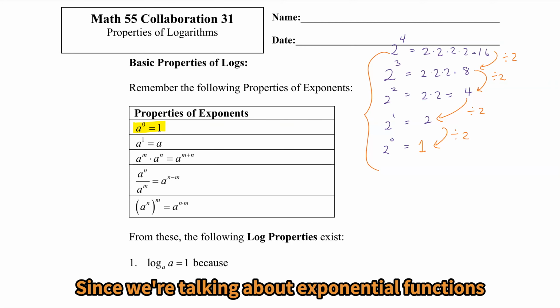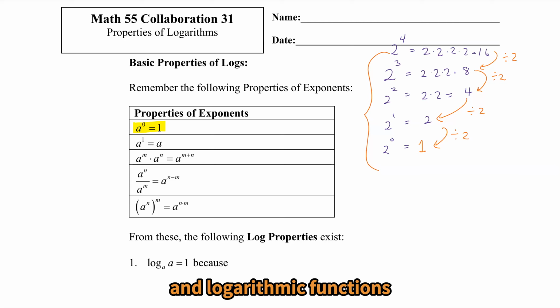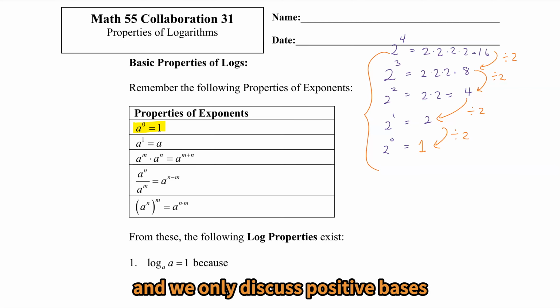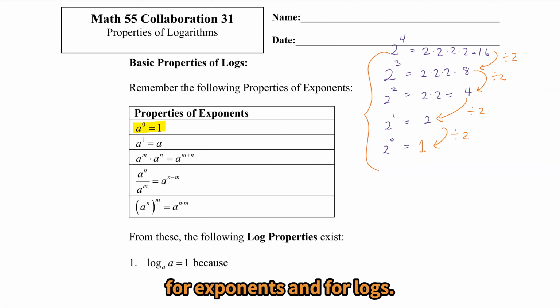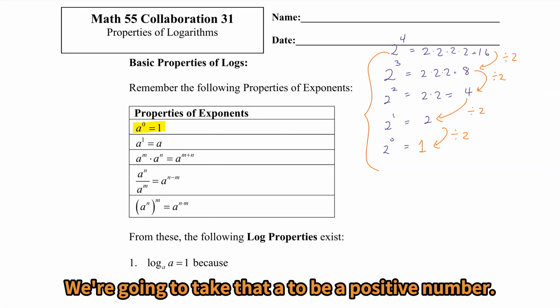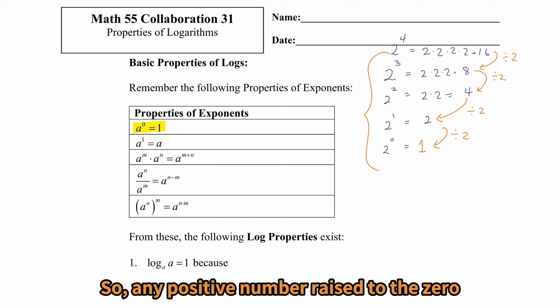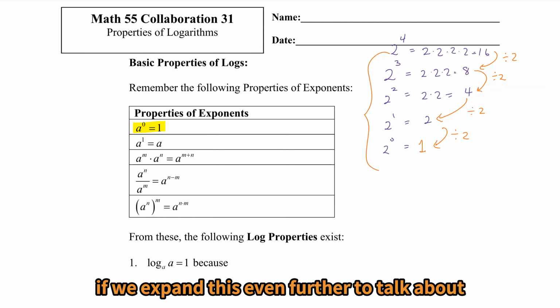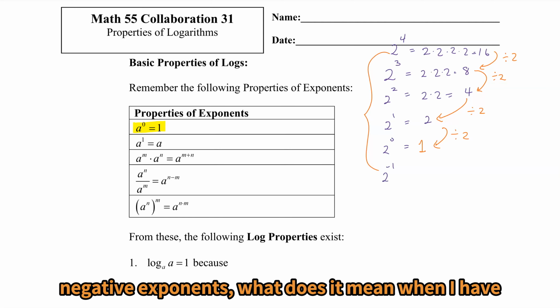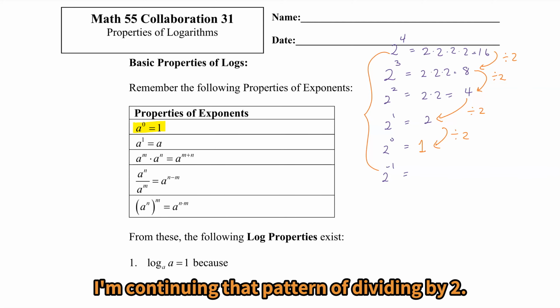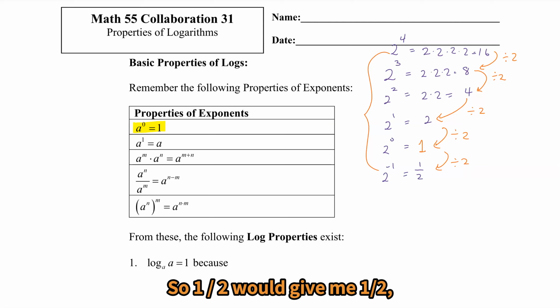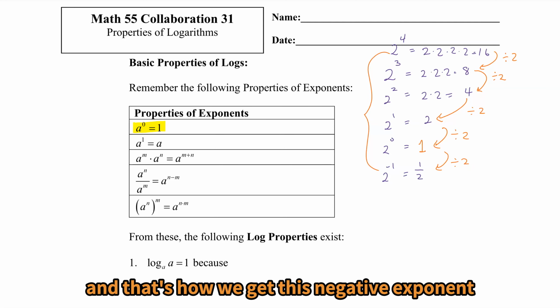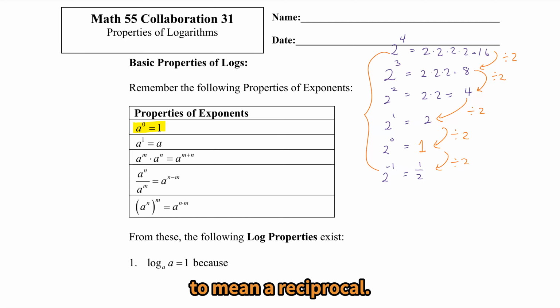Since we're talking about exponential functions and logarithmic functions, and we only discuss positive bases for exponents and for logs, we're going to take that a to be positive numbers. So any positive number raised to the 0 power will give us 1. Even though it's not part of this list, if we expand this even further to talk about negative exponents, what does it mean when I have 2 to the negative 1 power? I'm continuing that pattern of dividing by 2. So 1 divided by 2 would give me 1/2,